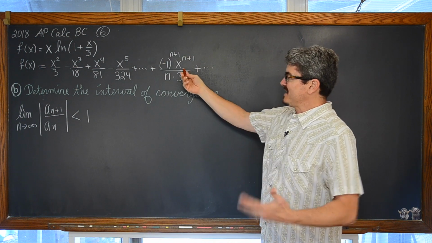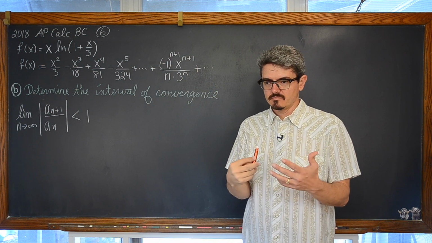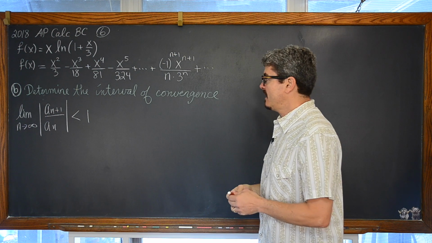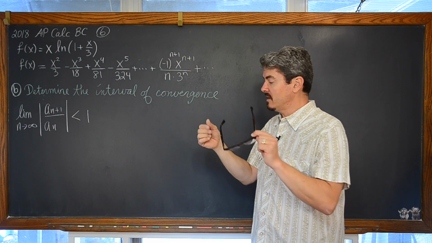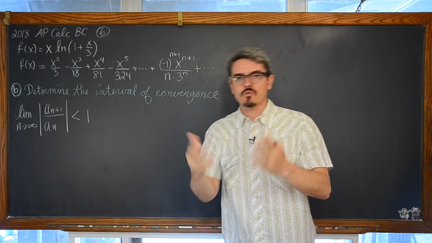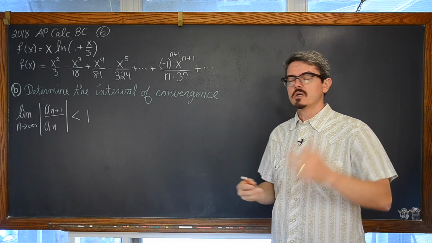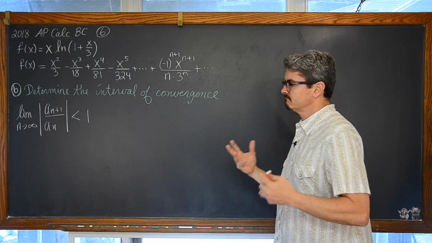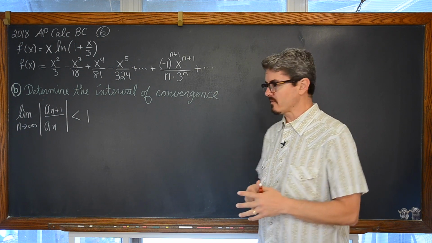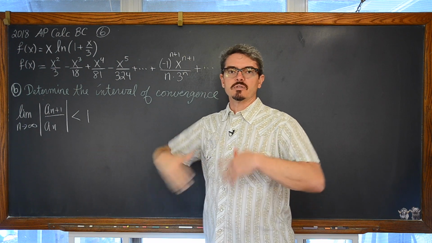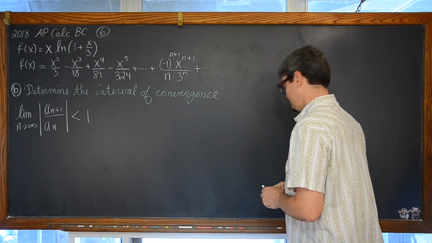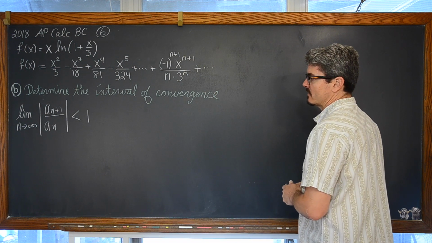because this is basically a power series, and we're going to make sure that that ratio is less than 1, so that the power series converges. And then we're going to test the endpoints of this interval of convergence, because this is just going to give us initially the radius of convergence, and then we'll know what the open interval is for the interval of convergence.